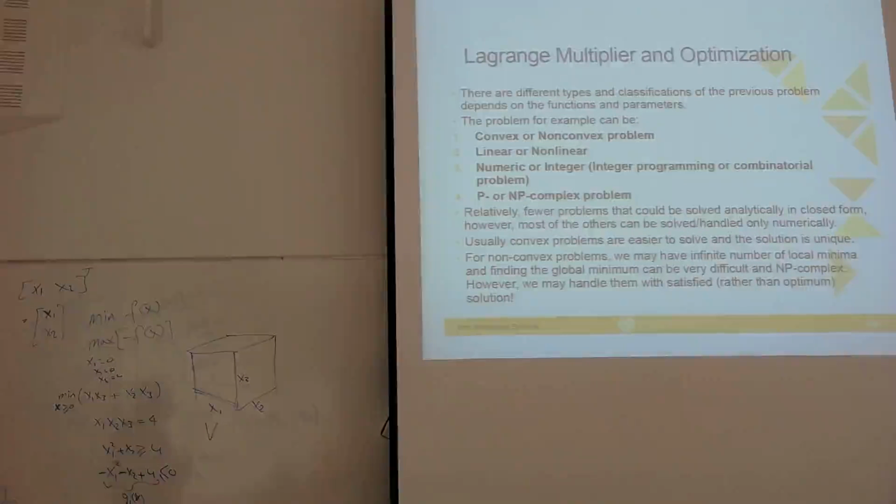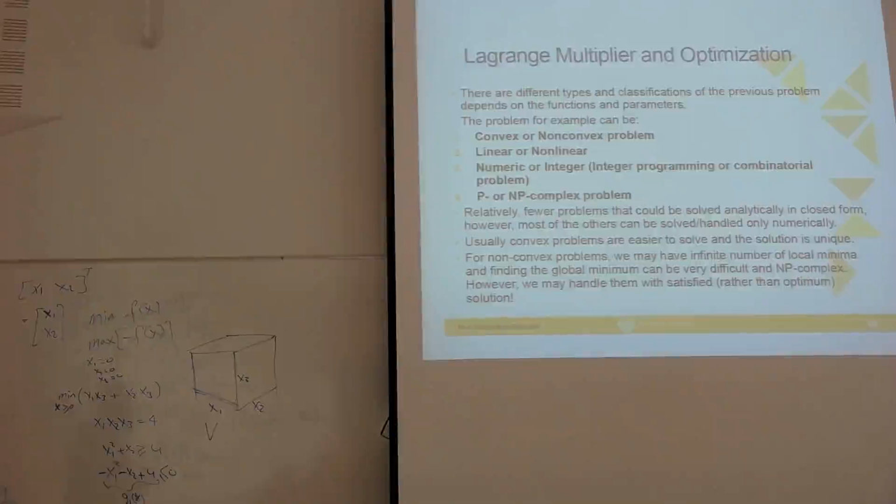Okay, what kinds of optimization problems do we have? We have several kinds. For example, the optimization problem can be convex or non-convex. We will explain the meaning of convexity. Linear or non-linear. It can be numeric or integer. For integer, we use integer programming or combinatorial problems. It can be polynomial or